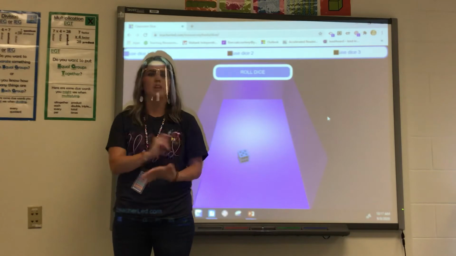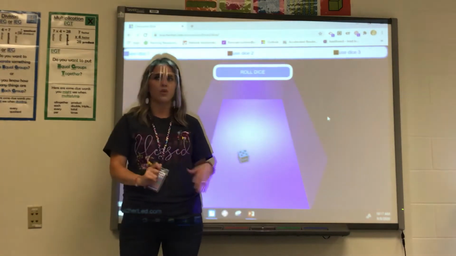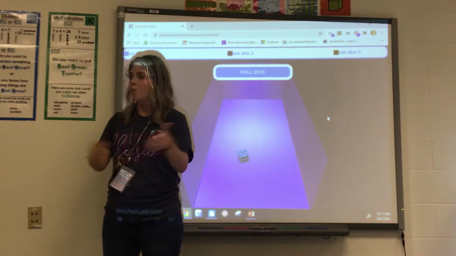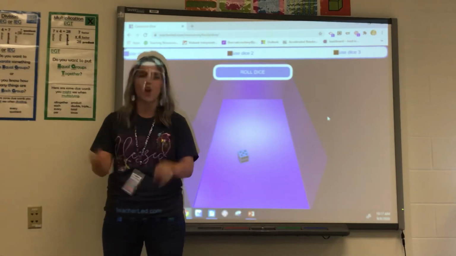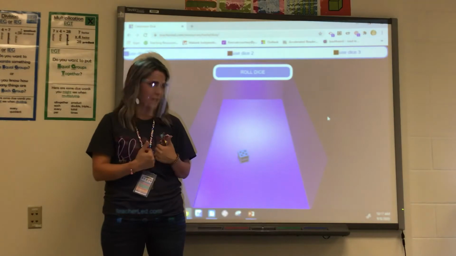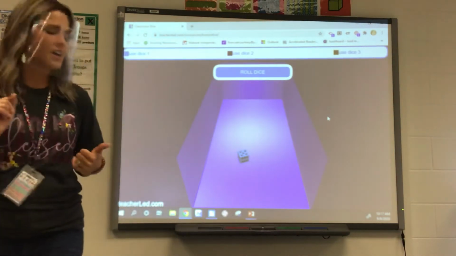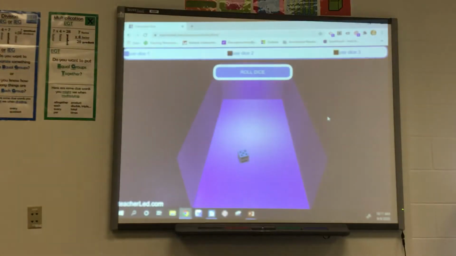So friends, at home you can get a piece of scratch paper and you can play this too. I'm going to roll the dice, and then you're going to put that number wherever you want on the place value chart, trying to make your number bigger than mine. Okay? So we're going to go make our place value charts to the 1,000ths. And the first digit you need to plug in is a